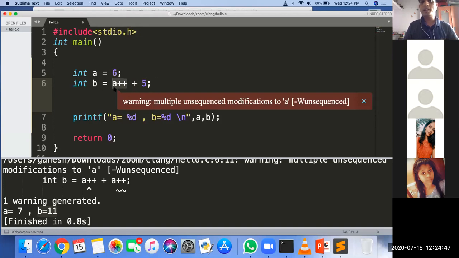This is again a post operator. So it operates the value 6 only and increments it. So B is equal to 6 plus 5, that is 11. And what about A? A is 7.